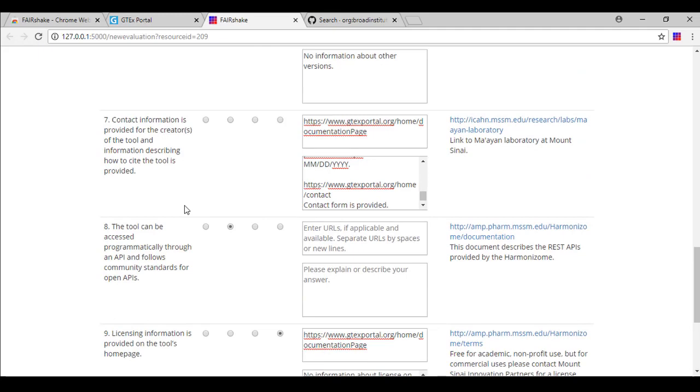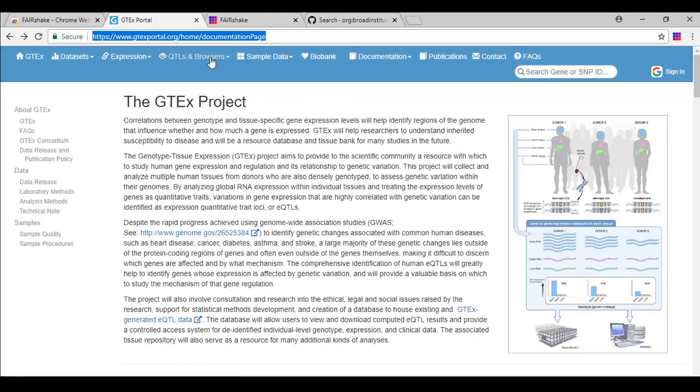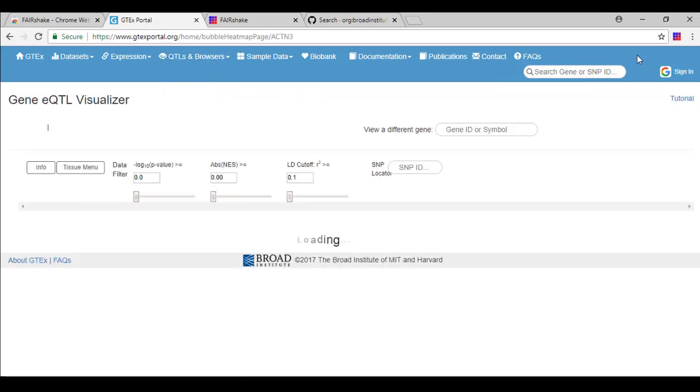Upon clicking Submit, we can return to the landing page of the digital object and click on the Chrome extension icon again. We see that the insignia was automatically updated to reflect our